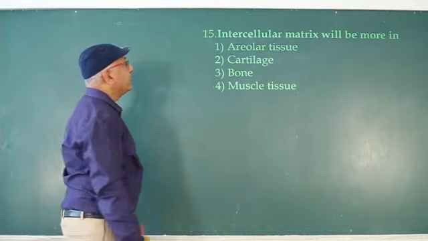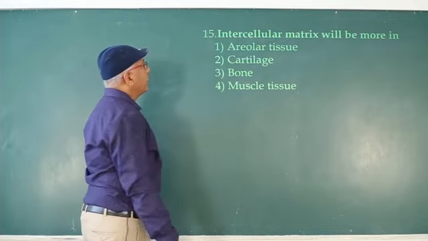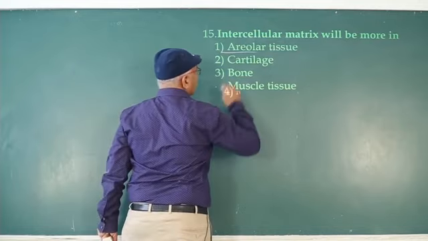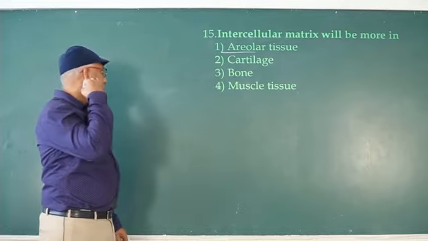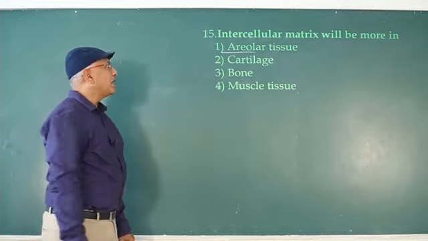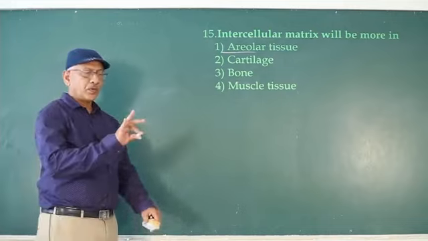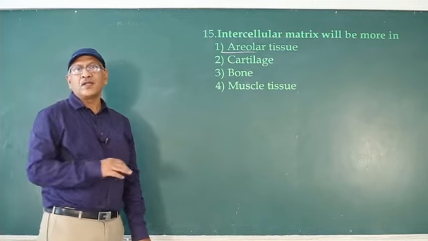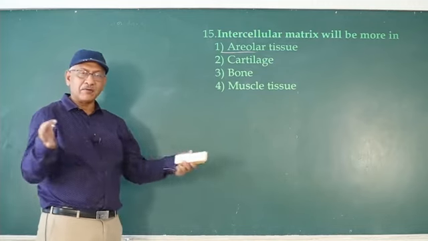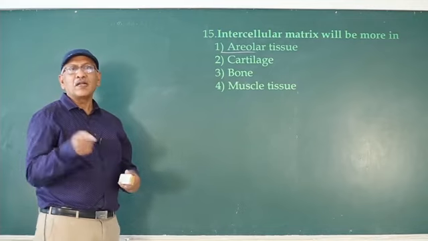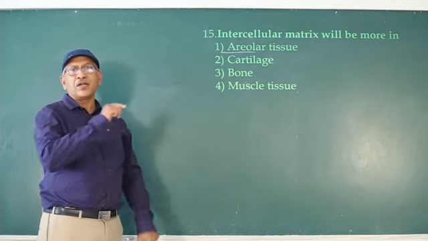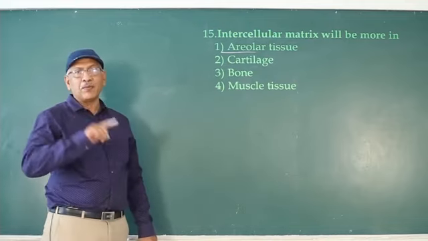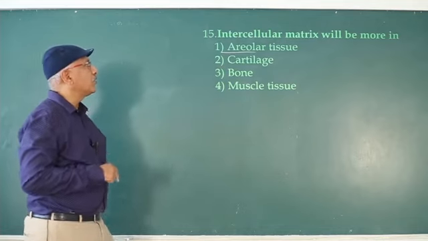Next question is, intercellular matrix will be more in. The matrix present between the cells is found in connective tissue. In connective tissue, particularly loose connective tissue, the matrix is more and fibers are less. Here it is areolar connective tissue. It is also known as packing material. It connects various tissues and various organs. The function of connective tissue is performed by areolar connective tissue only. It is the connective tissue abundant in our body.